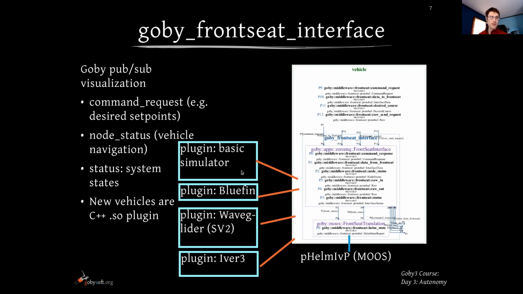That's what you've been working with in the homework. There's a plugin for the General Dynamics Bluefin vehicles, their standard payload interface. There's one for the SV2 series of wave gliders, so Liquid Robotics wave gliders. And there's one for the Ocean Server or L3 IVR vehicles.